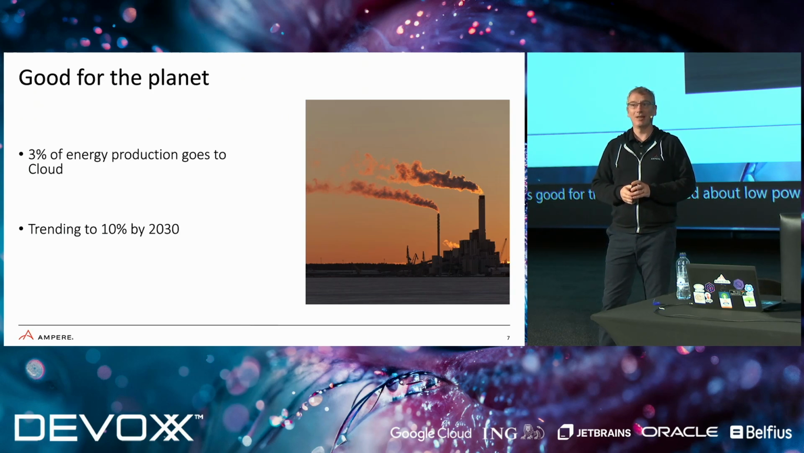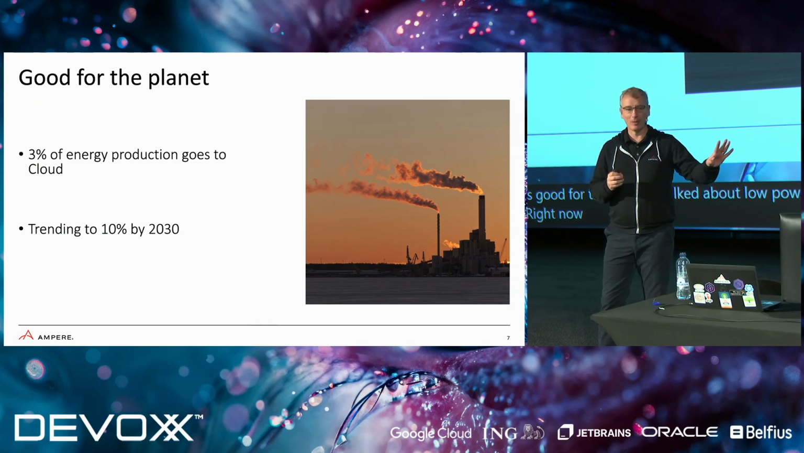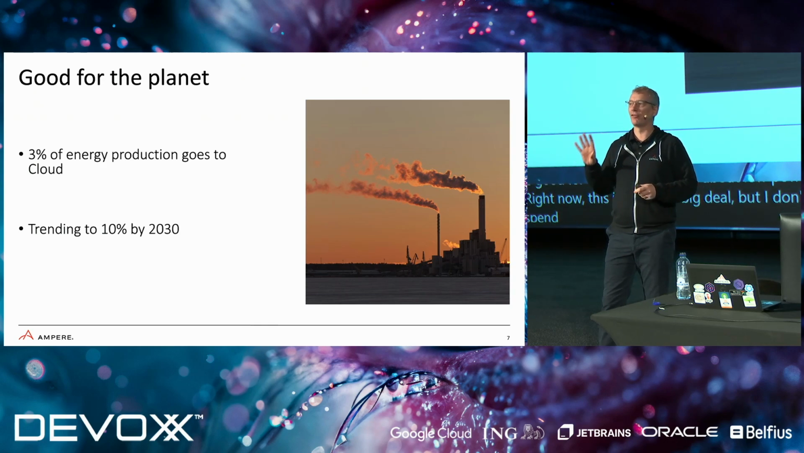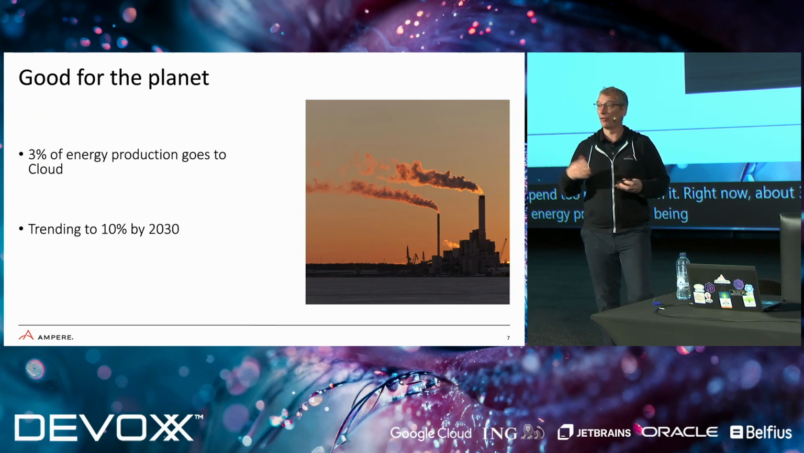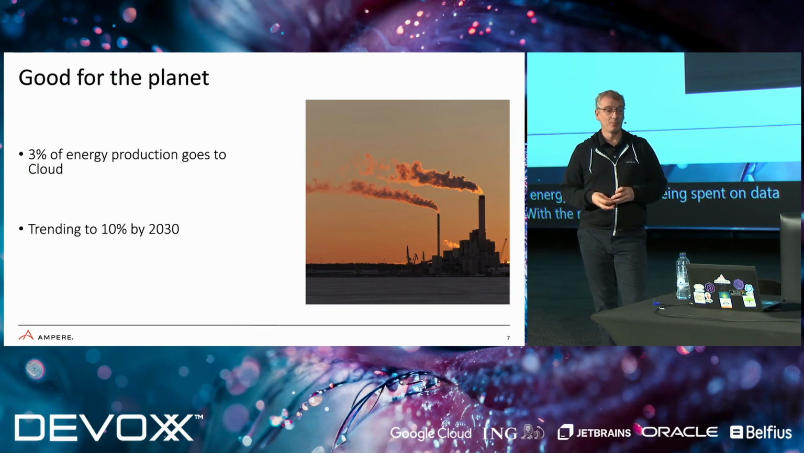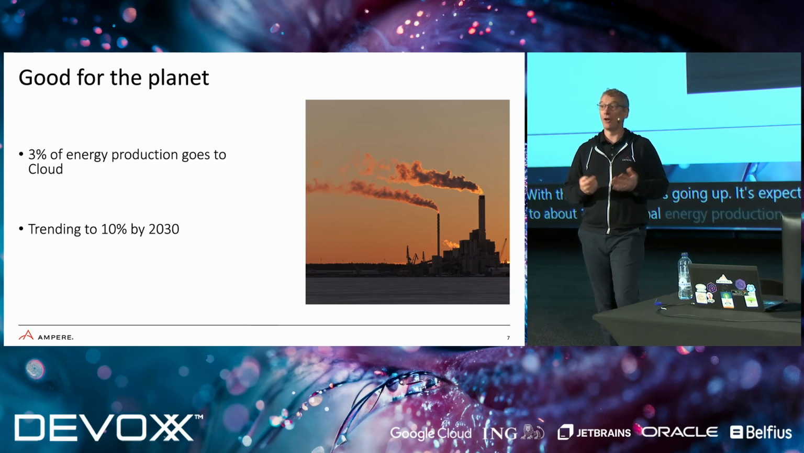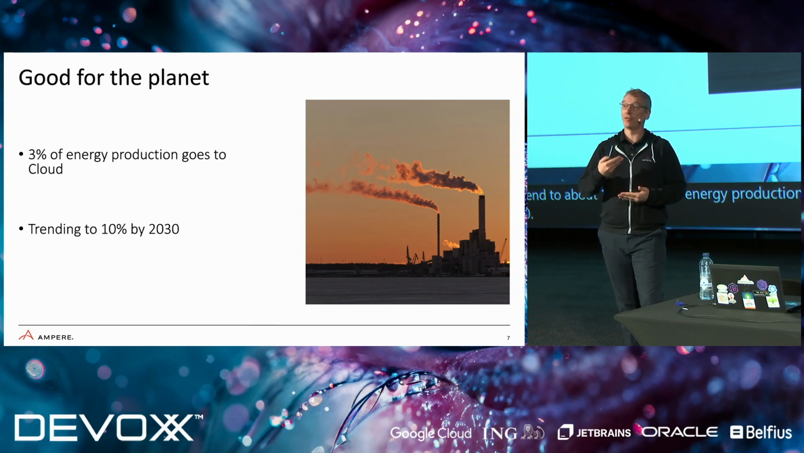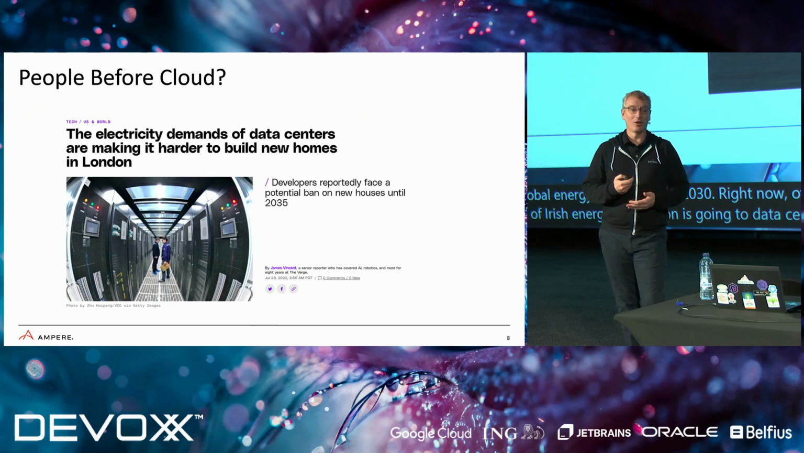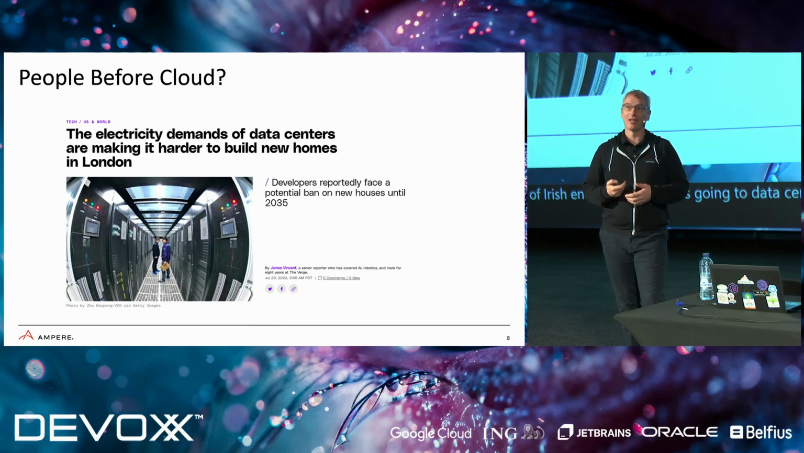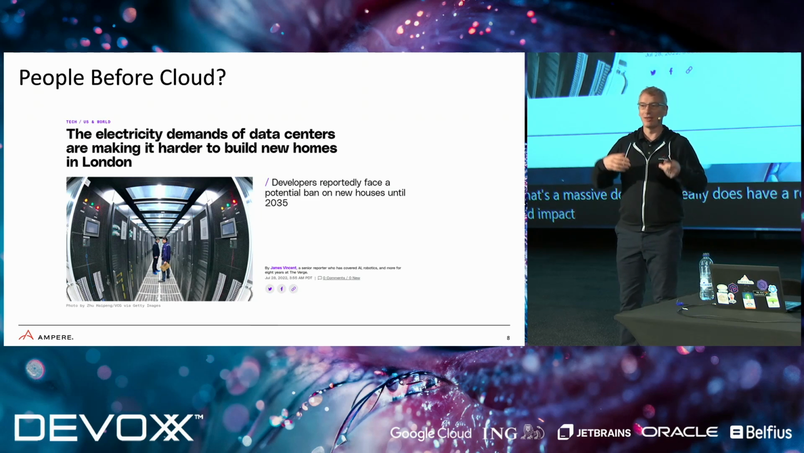Right now, this is kind of a big deal, but I don't want to spend too much time on it. Right now, about 3% of global energy production is being spent on data centers. With the rise of AI, that's going up. It's expected to trend to about 10% of global energy production by 2030. Right now, over 20% of Irish energy production is going to data centers. So that's a massive deal, and it really does have a real-world impact when you think about the fact that